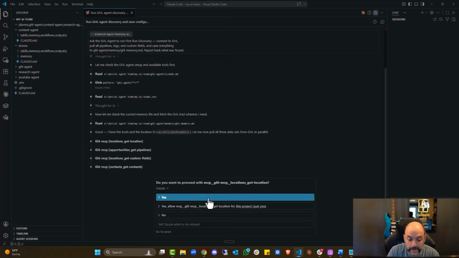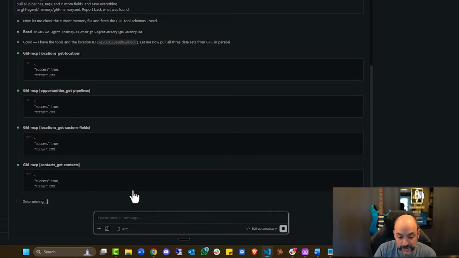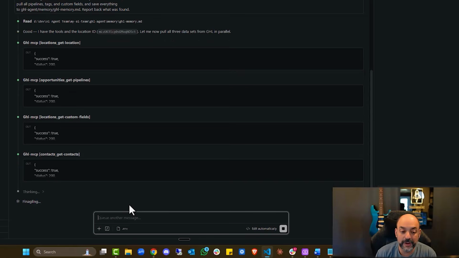Now it's going to ask for a bunch of permissions, all right? Success true means it's connected. All these are true. So it's connecting to each of the endpoints to grab the information that it needs. So then it could do its job and do whatever it needs. So as long as I keep getting those 200 trues back, that means that the token and the action location